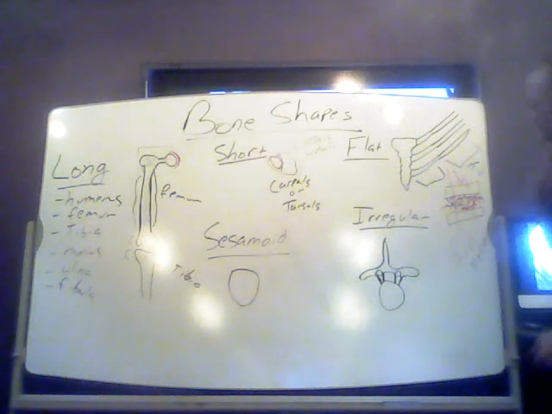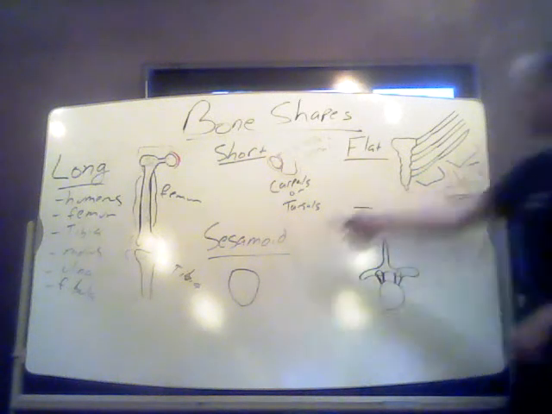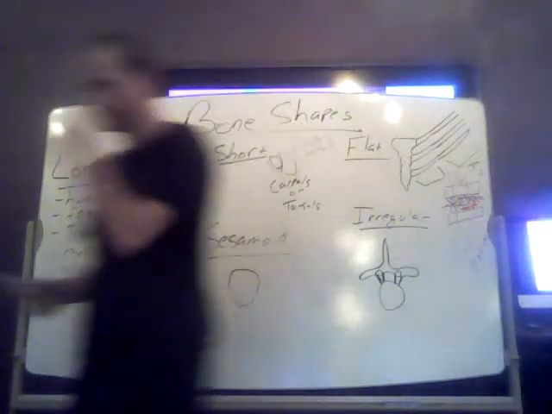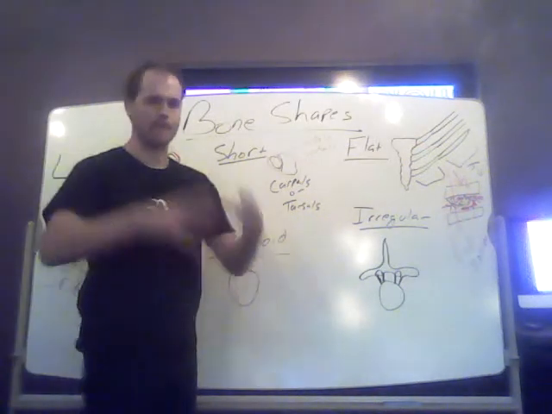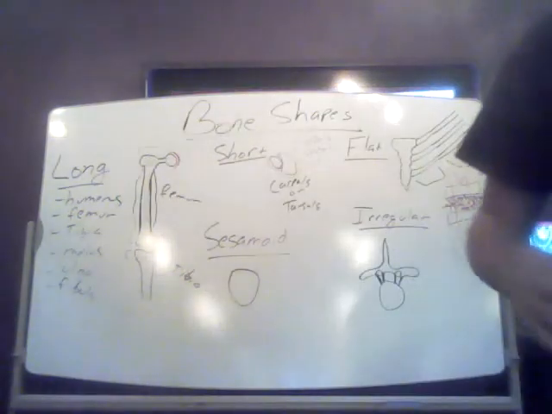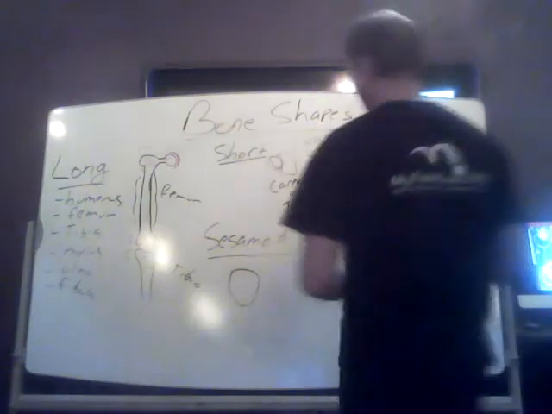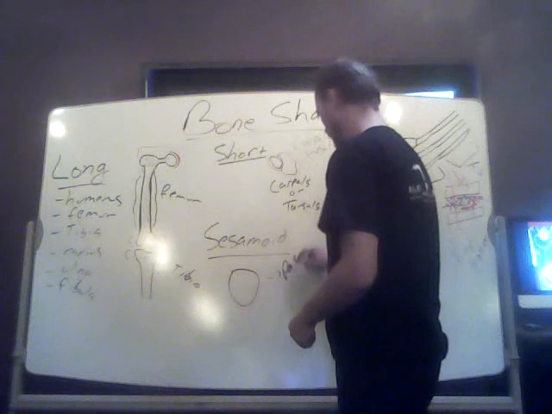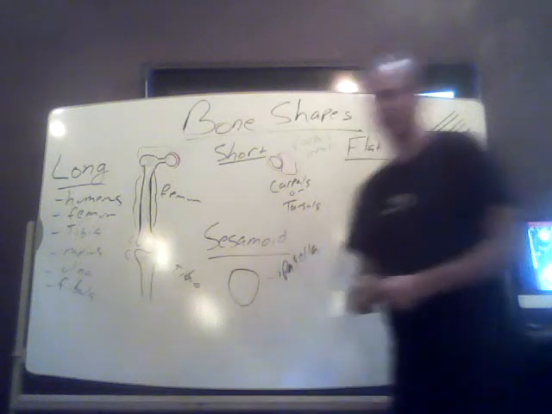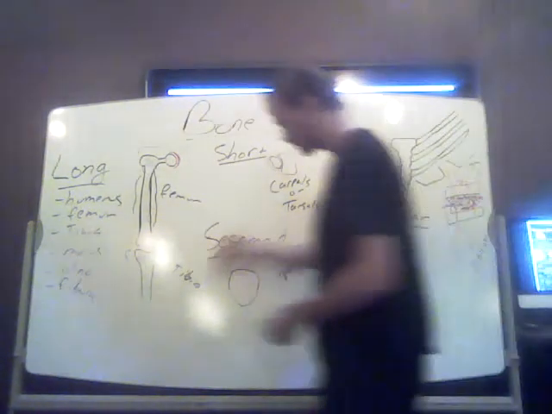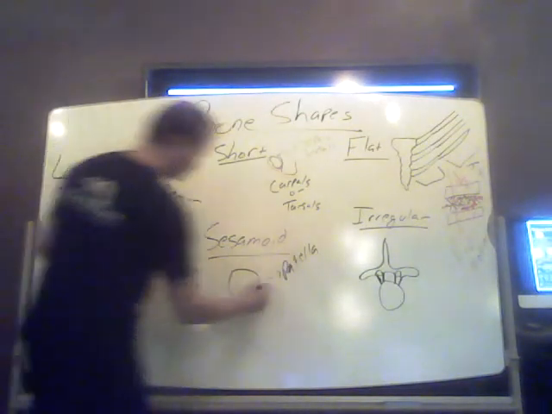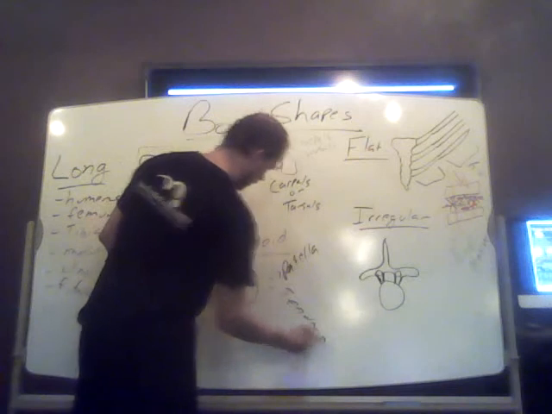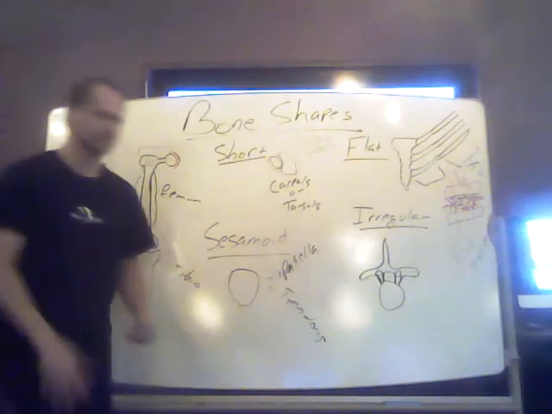And then there's another type of bone called sesamoid bones. Realistically, the one way to remember these is that these are bones that are embedded right within connective tissue. Probably the most common sesamoid bone you can think of is the patella. Typically, these sesamoid bones are embedded right within connective tissue or surrounded by it, and more specifically within tendons. So for example, the patella, which is your kneecap,